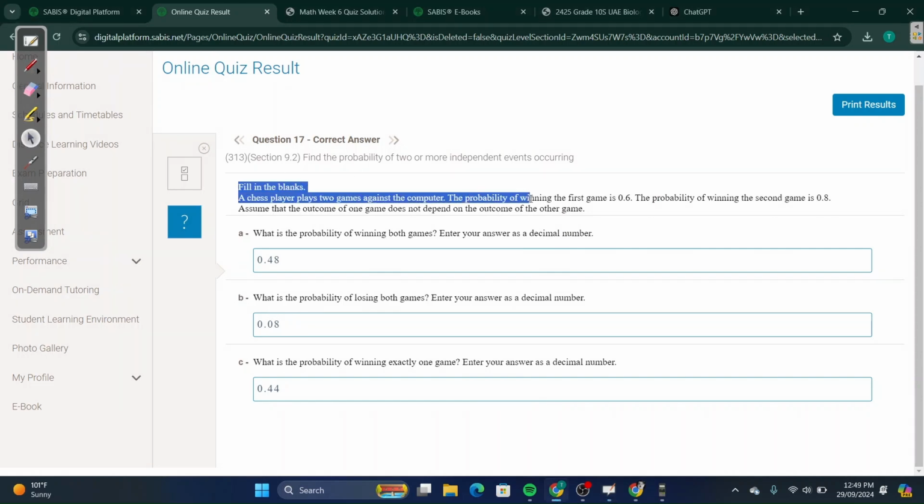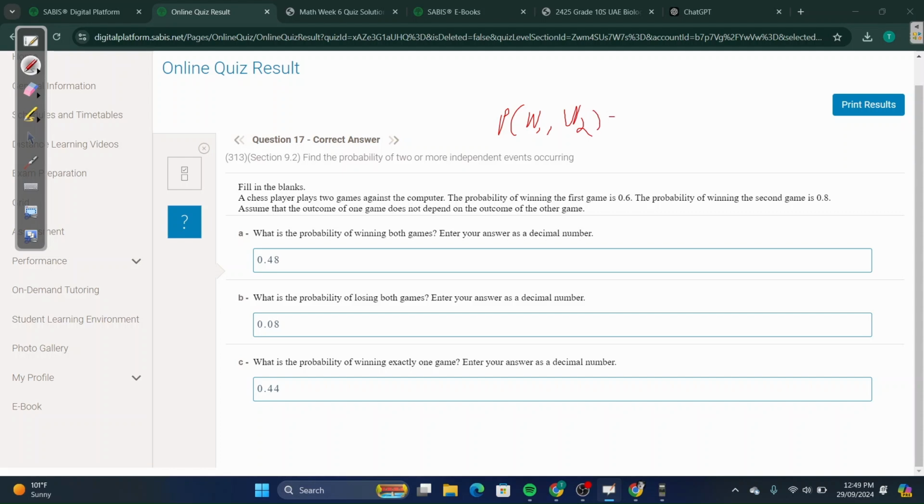A player plays 2 games against the computer. The probability of winning the first game is 0.6. The probability of winning the second game is 0.8. So okay. The probability of winning both games. So you want the probability of the first win and the probability of the second win. So P of win 1, win 2 is equal to the probability of win 1